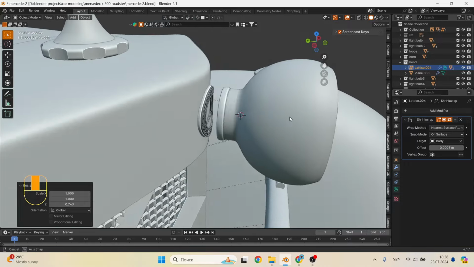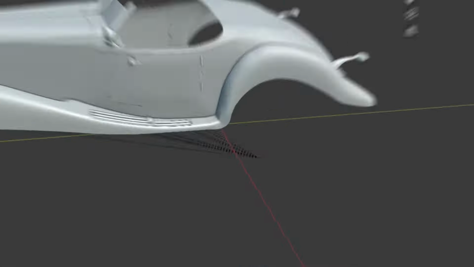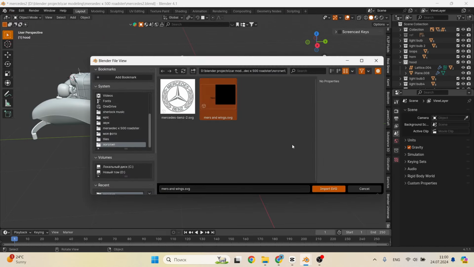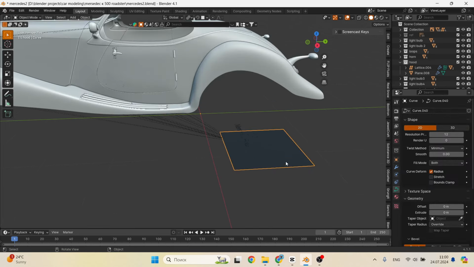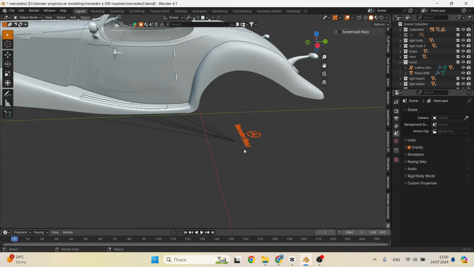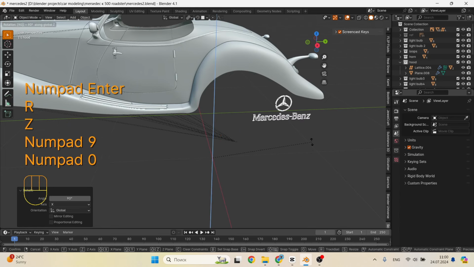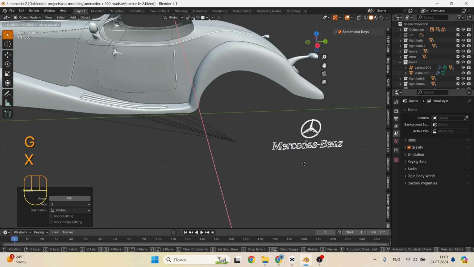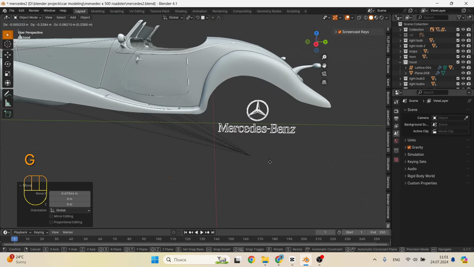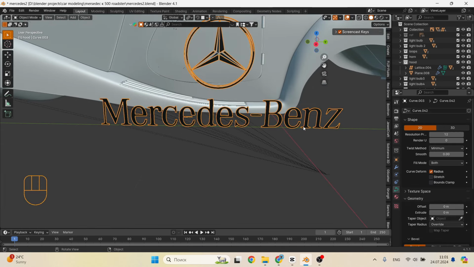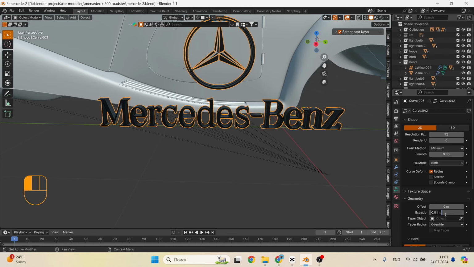And let's make another one right away, only with the inscription Mercedes, and place it on the side near the door. Click on the file and then import and select the file with the SVG extension. Delete the plane that is added along with the file. Take the logo itself out from under the car, turn it towards us. Now go to the settings and extrude by 0.005 mm. Pay attention, there is a separate small part in the logo and it needs to be extruded separately.